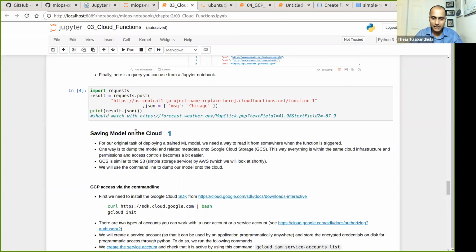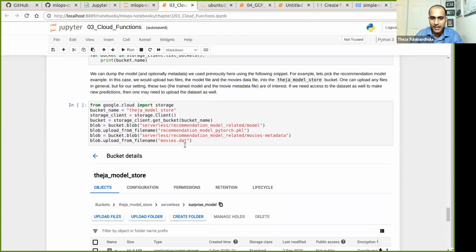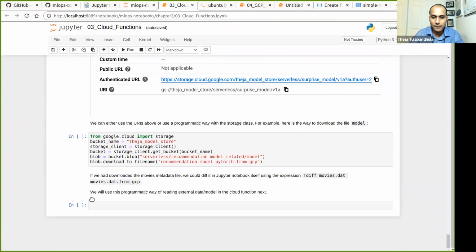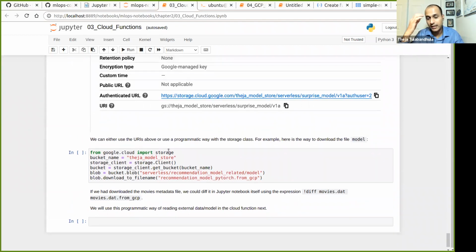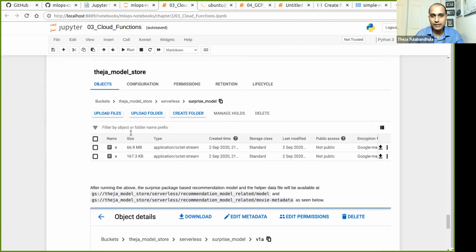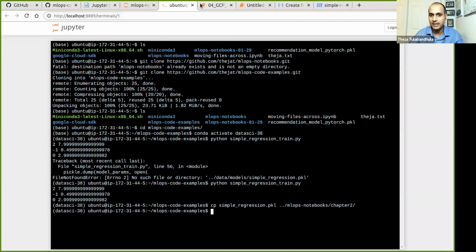Okay, and that's covered in the programmatic way here, but I will skip over that in this description in the interest of time. It just shows you how to dump a model there, and also how to read the model back, a model as well as any file actually. Maybe we can come back to this if there's a chance again to talk about Google storage and access to Google storage in a programmatic way. We will look at part of accessing Google storage in a programmatic way anyway, which is next.